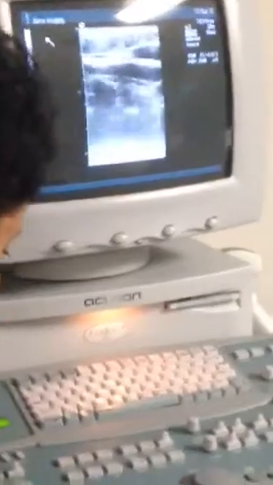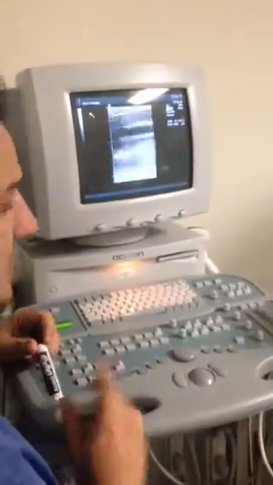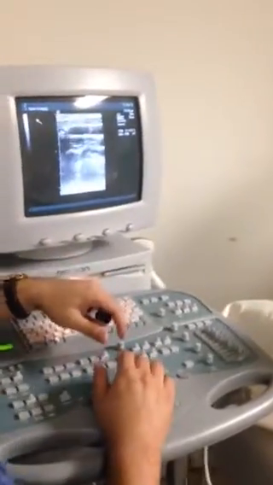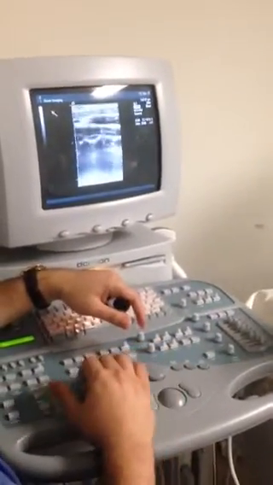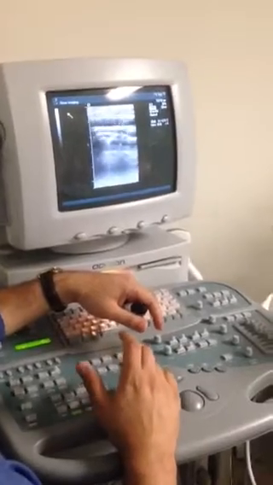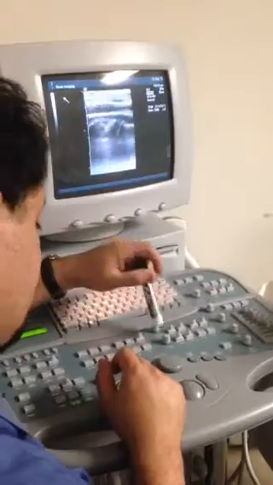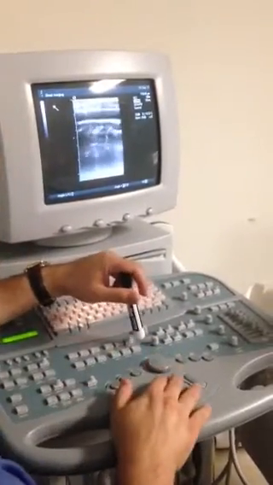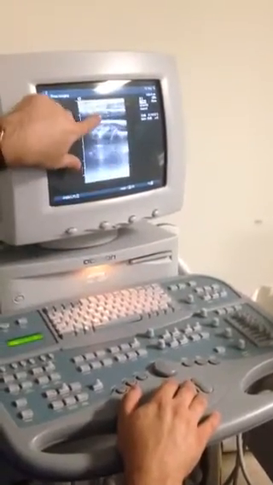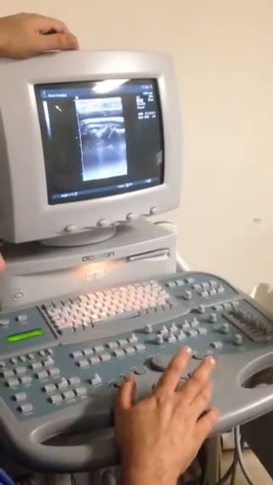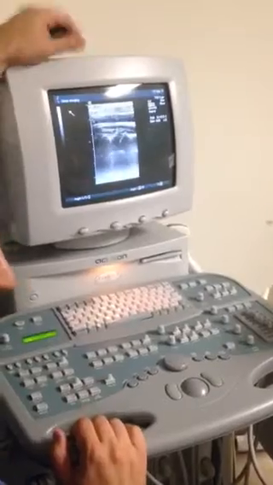Now, another thing we didn't really list there, but it's going to be common too, is something we call gate size. Let me put the cursor. All right, this is the cursor right here, guys. Do you see the equal sign? What's the name of the equal sign? Gate, or sample volume. Some people call it